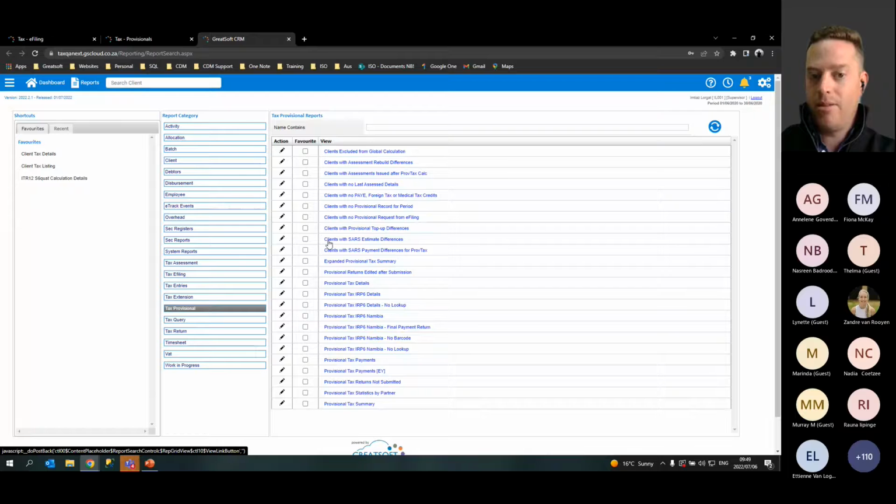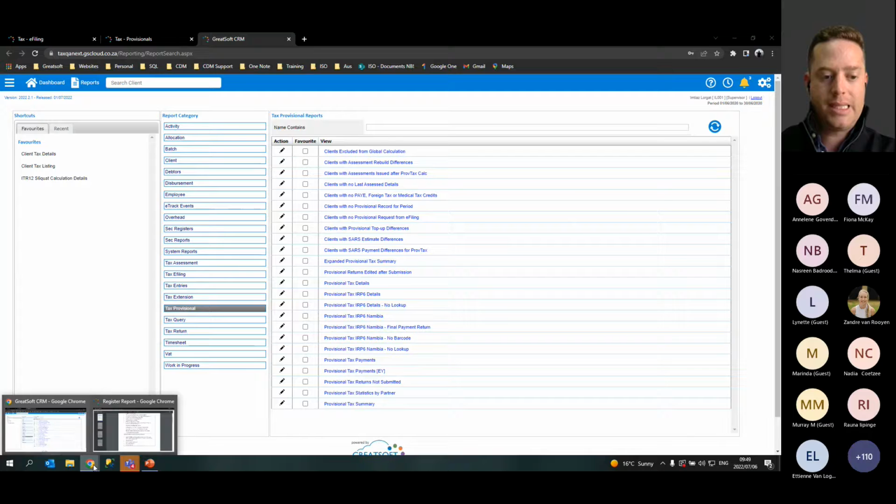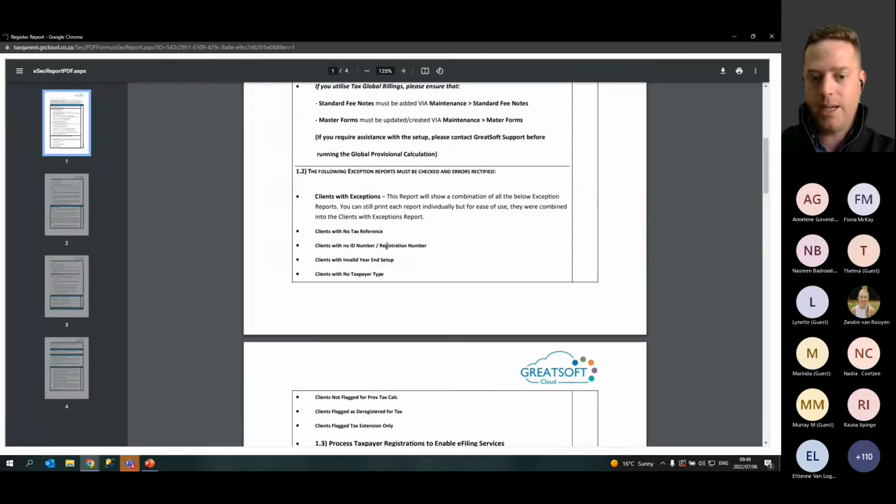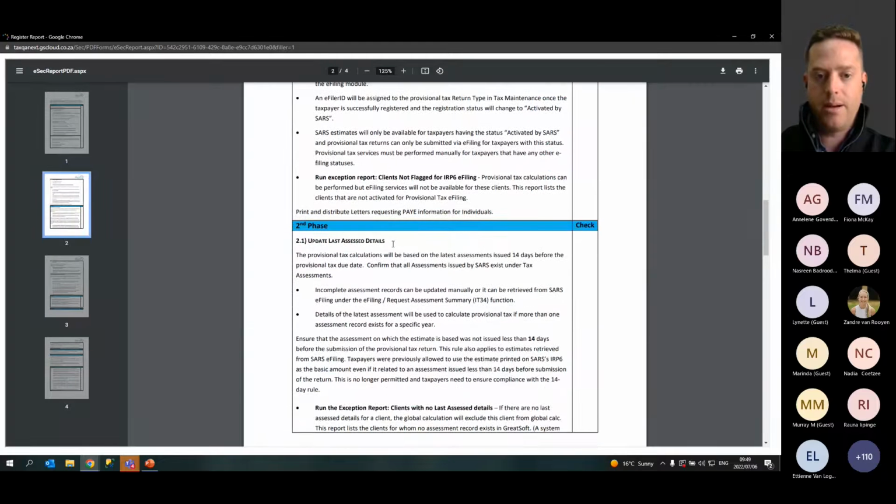And what one I really enjoy using is clients with SARS estimate differences. This will highlight any differences between what we have on GreatSoft and what's been retrieved from e-filing. Make sure you use these reports to check your information. Once again, it will be in our provisional checklist. So if you scroll a little bit further down,